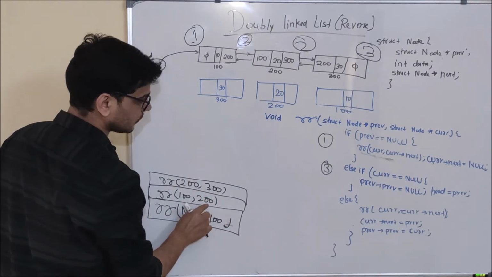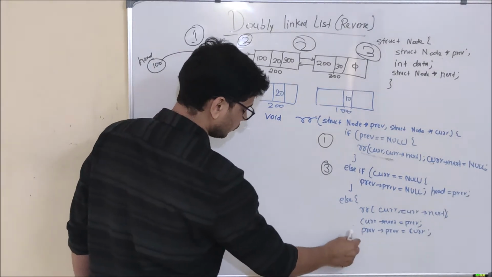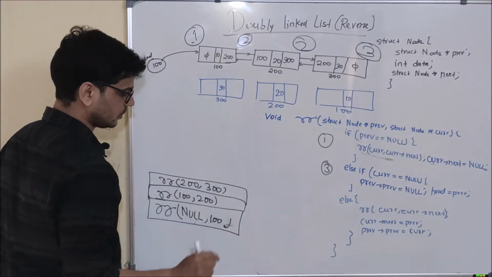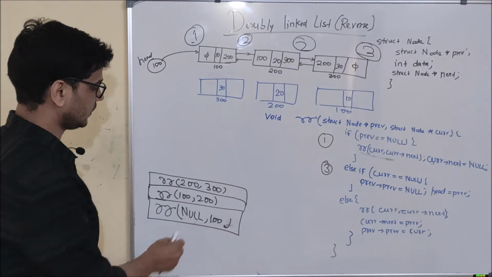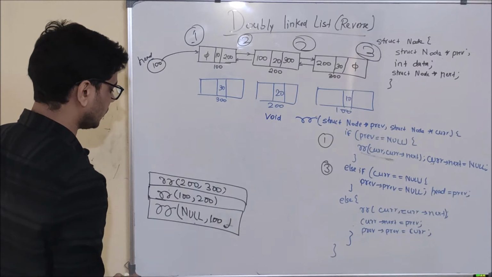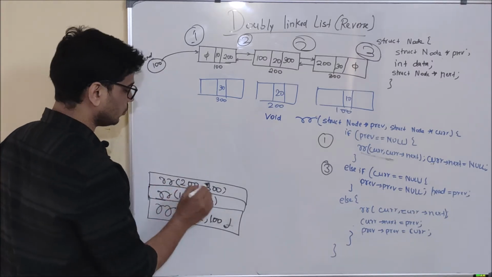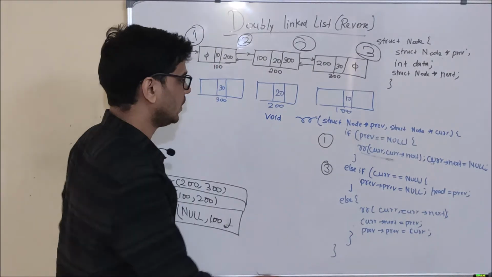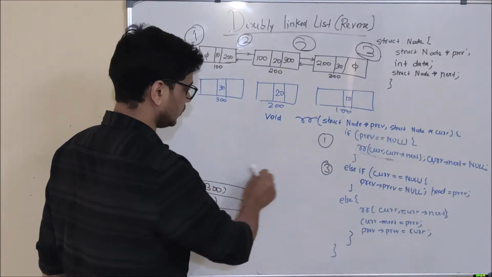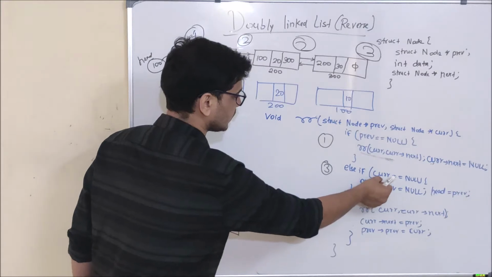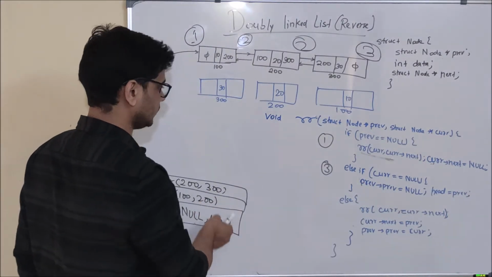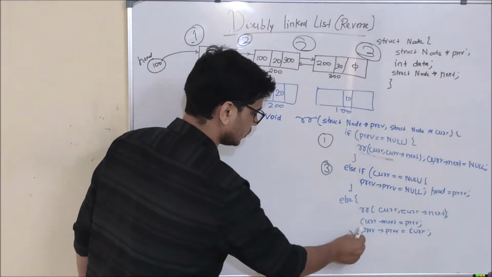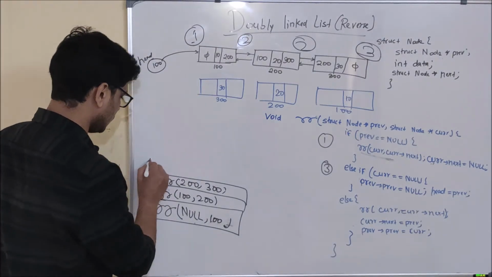And for this particular function, these two lines will be on hold till the time we don't have the answer of this particular function. That is, this particular function will not be finished. So when reverse recursive 200 comma 300 will go for its own execution, what is going to happen? It will check whether previous is null, previous is 200. So it will be false. Again it will check current is equal to null. What is current? Current is 300. So it will also be false. And control will come in this else part.